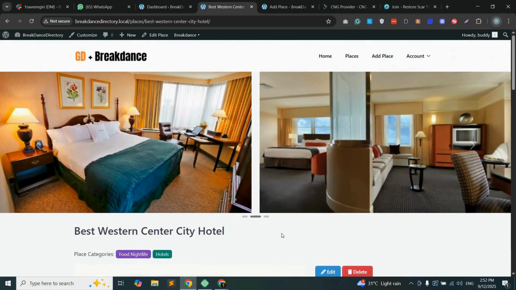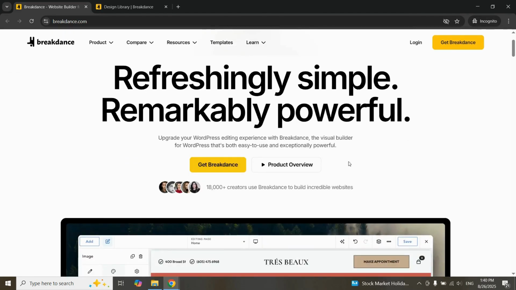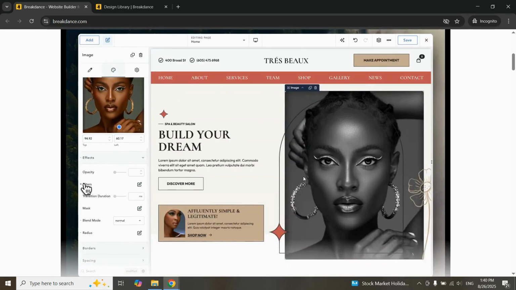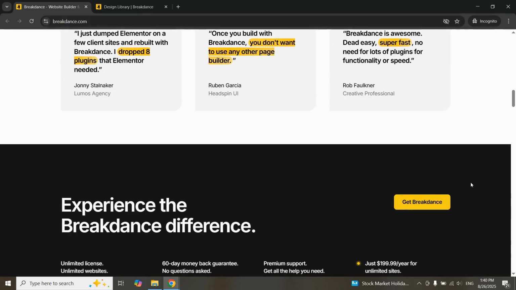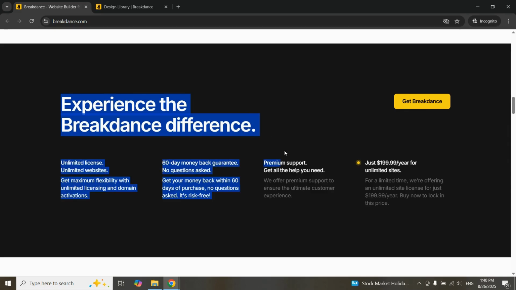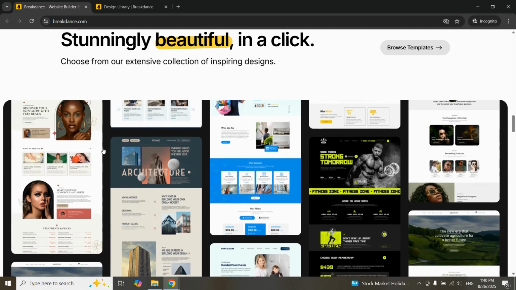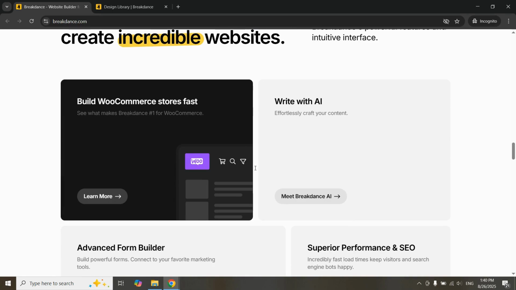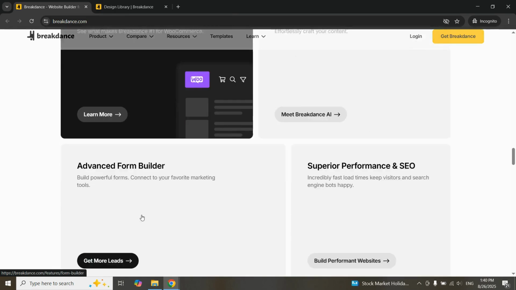and Breakdance Builder. Breakdance is a fast and modern WordPress builder that helps you make professional websites quickly and easily. Compared to Elementor or Divi, it's lighter and faster, so your site loads better. The design area is simple for beginners to use, but it also has powerful tools for developers. In short, Breakdance gives you everything you need to build websites without the extra clutter or slow speed of other